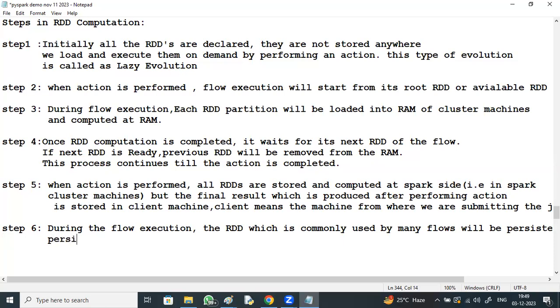Persisting means making the RDD available in the RAM.